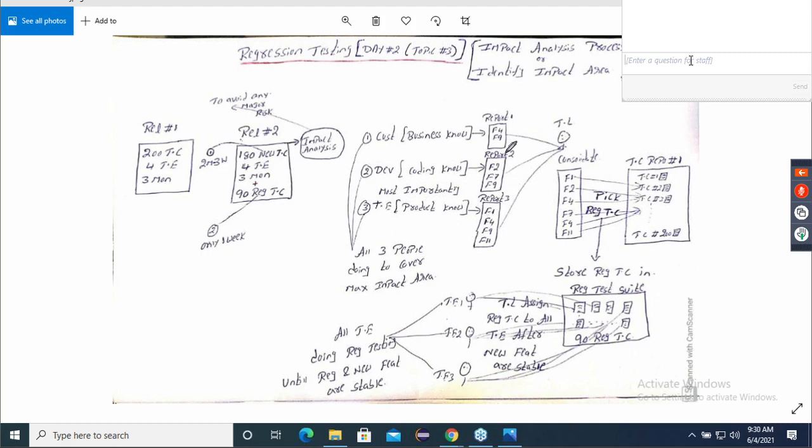Correct. Now, can I tell orally to my manager, F4, F5, F9, F7, F8? Can I tell orally, or should I better prepare a document? Which is better, orally or should I prepare a document? Correct. We have to prepare a document.